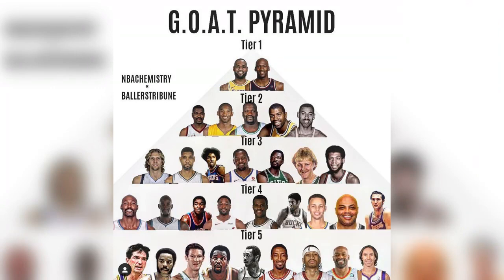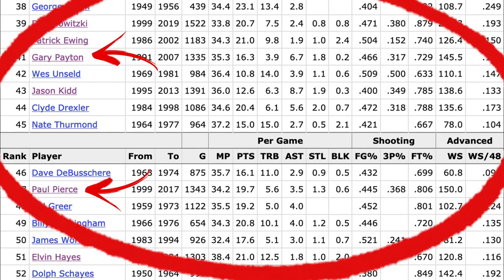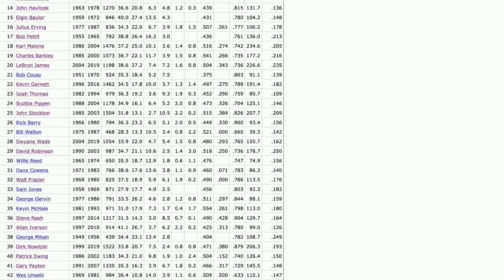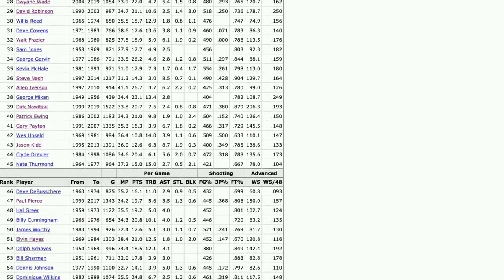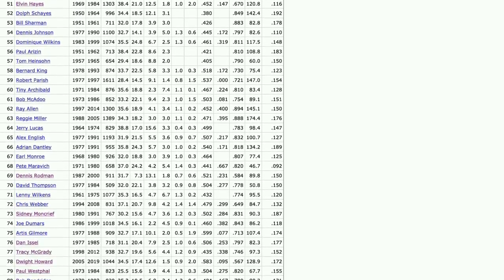So, for example, if two players are extremely close in greatness and you can't decide exactly who should be higher all time, you can just simply put them in the same tier. Is Paul Pierce better than Gary Payton, or is Gary Payton greater than Paul Pierce? Well, that depends on who you ask. But you can certainly say that they belong on the same tier of greatness. The basketball greatness pyramid allows you to rank players all time without being so specific that you're forced to box players into a spot, while being just specific enough to put them in a fairly accurate and universal position.